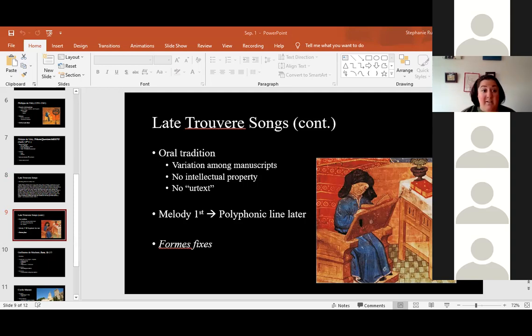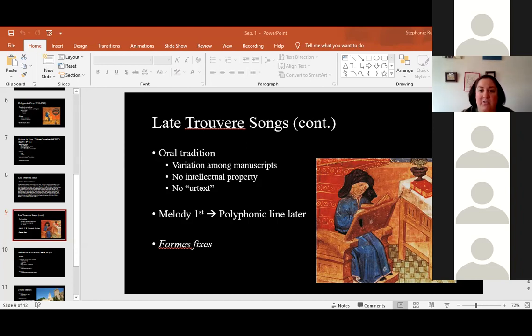melody is. Along those lines, leave behind your notions of intellectual property. So there is no one composer who is responsible for a particular melody, right? We get to share those things because once they're out in the world, they're out in the world for all to use. Also, similarly, there's no text. There's no one true ideal version of a song that's the standard we all have to reach for each time.